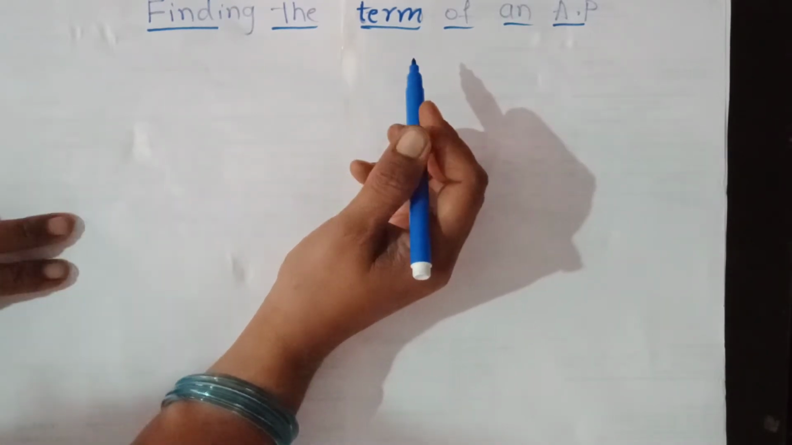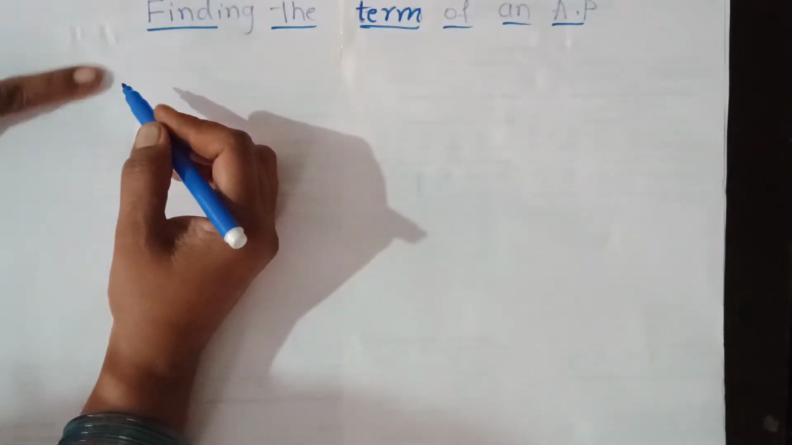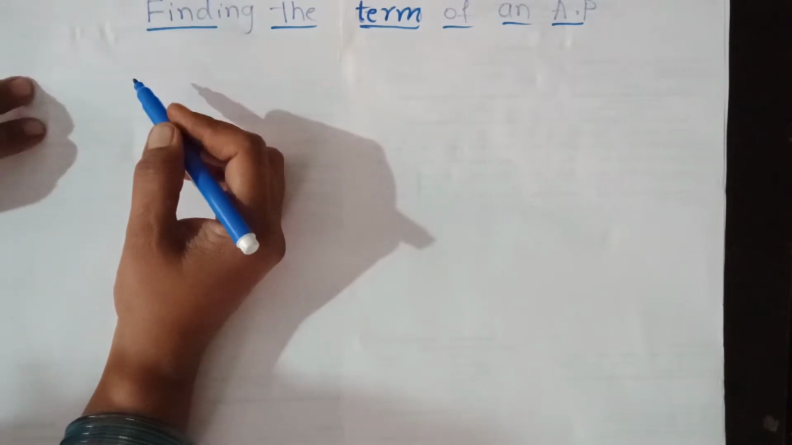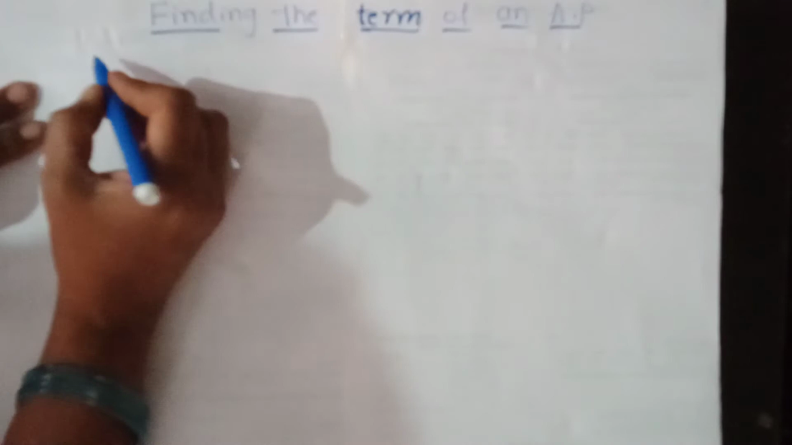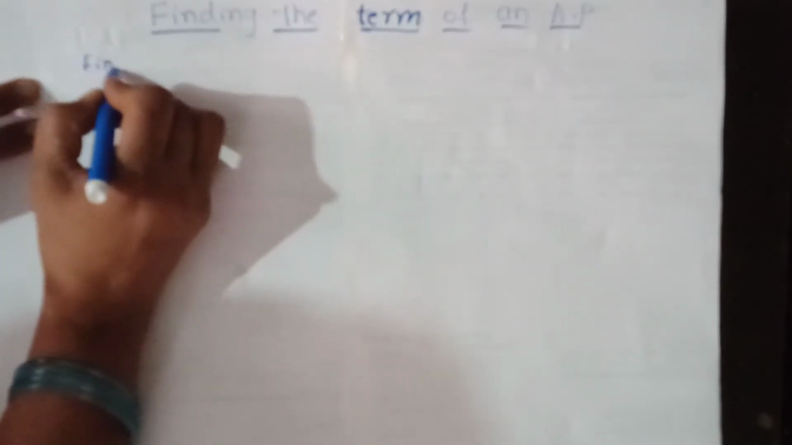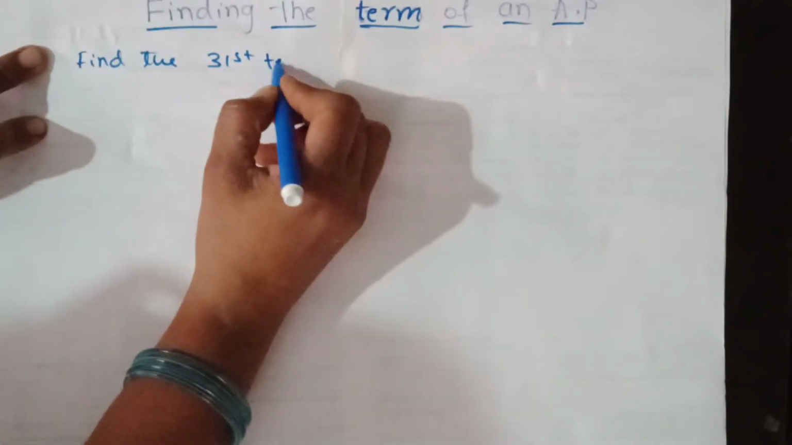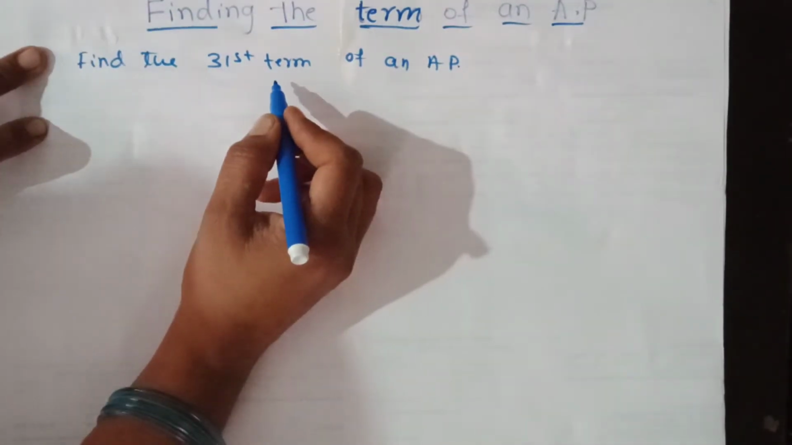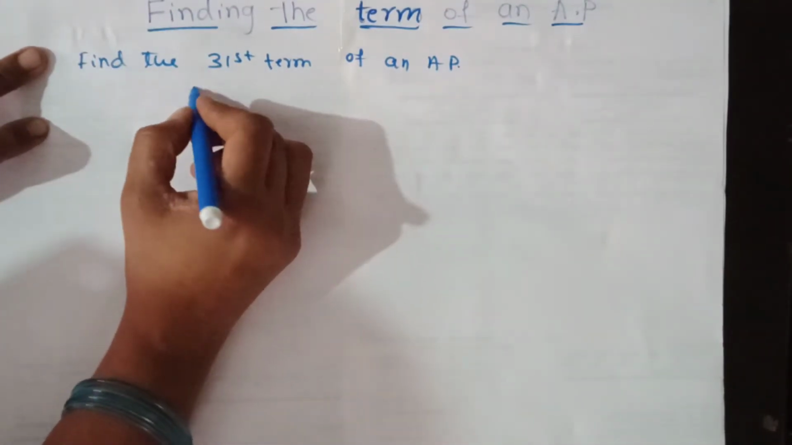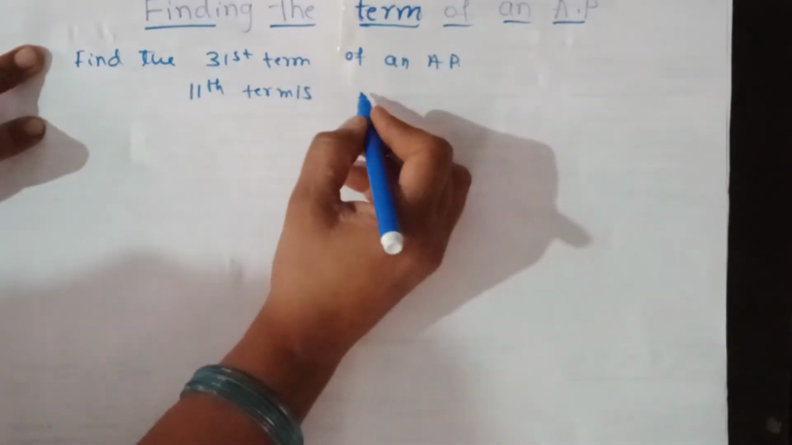Arithmetic progression is also referred to as the sequence. This is one simple, common example which helps you to find the term of an AP. Suppose in this example it is given: find the 31st term of an AP, whose 11th term is 38